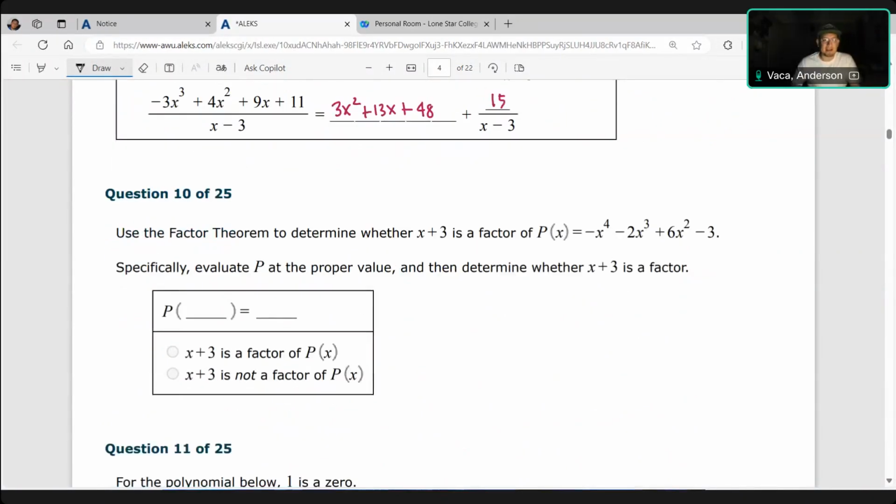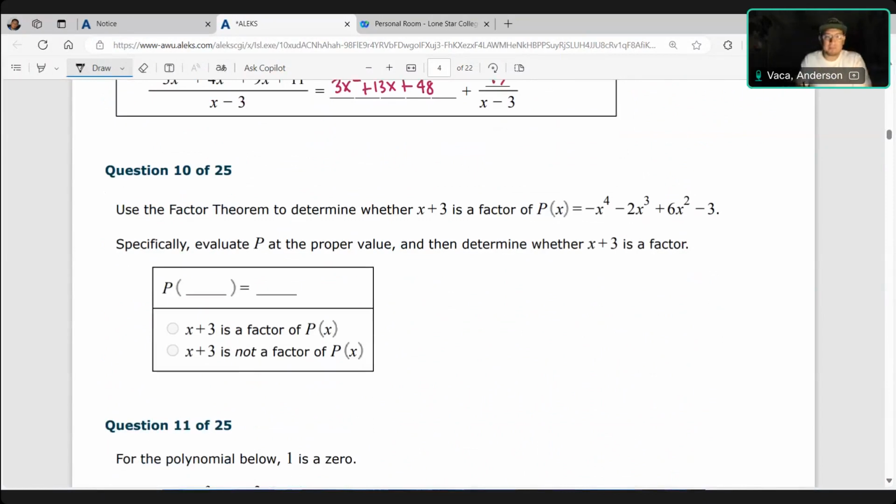Use the factor theorem to determine whether x plus 3 is a factor of that. Okay. All right. So in order to do this, to determine if this is a factor of this polynomial function, then we need to know what happens at -3. Okay. And so then